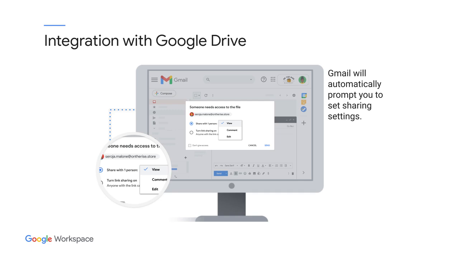PDFs, images, and Microsoft Office documents can be added to the file as an attachment. It's important to understand that an attachment is actually a copy of the original file. As a copy, any changes made by the recipient will not appear in your original document in Google Drive, and vice versa. Now that we've explored how Gmail integrates with Google Drive, let's take a look at the integration between